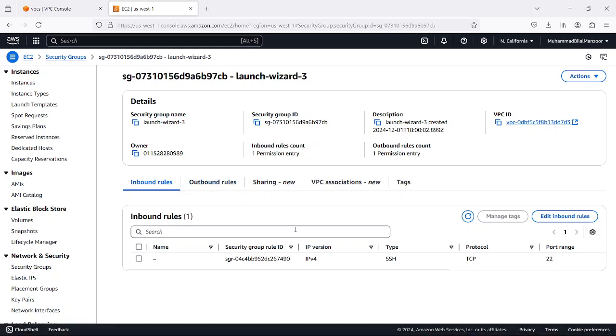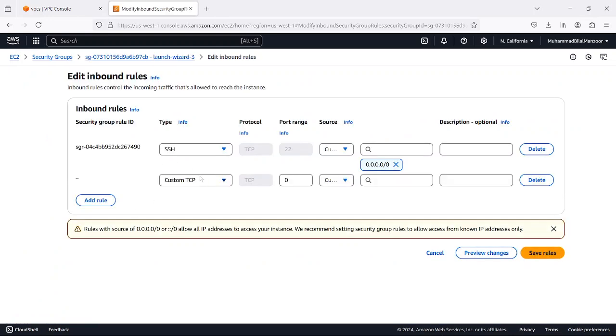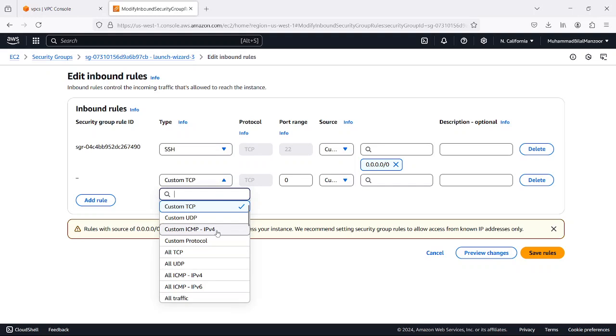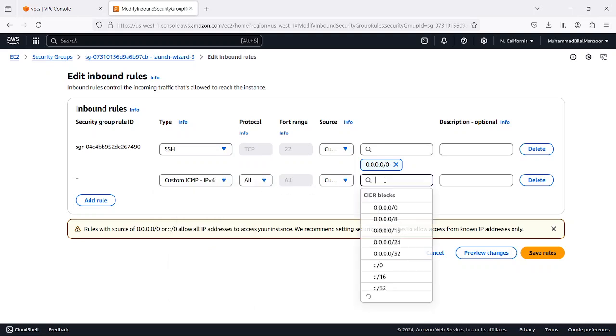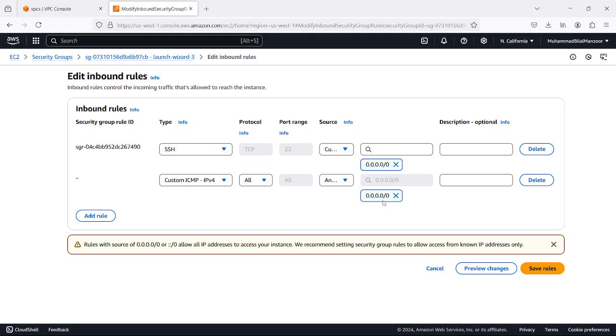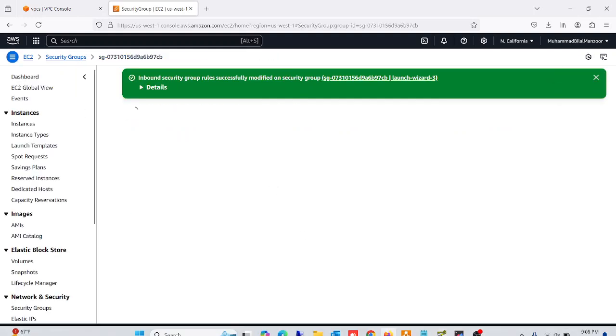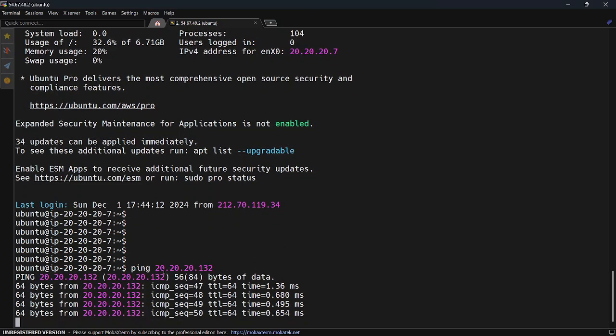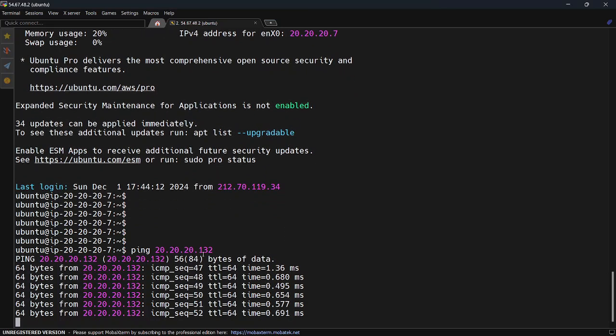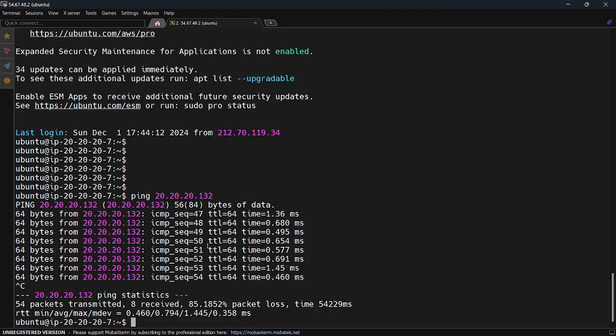And here you can see the inbound rules, only SSH is allowed. I will edit the inbound rules, add a rule, custom ICMP IPv4, and I want to allow ICMP traffic to be reachable from any network. Save the rule. Now go back and you can see the EC2 instance is reachable by ICMP. Now I can reach this instance by using